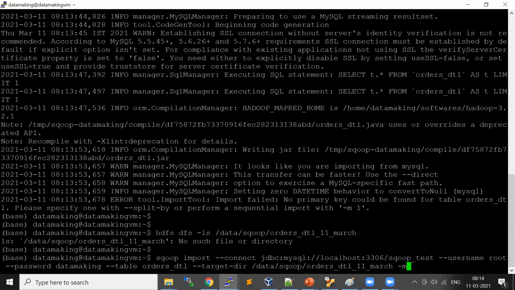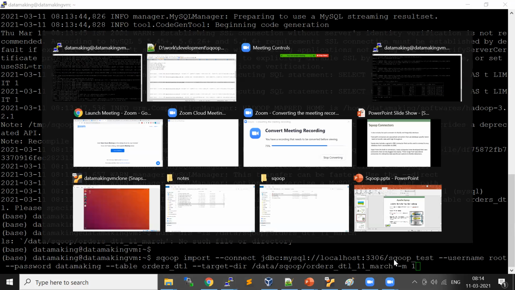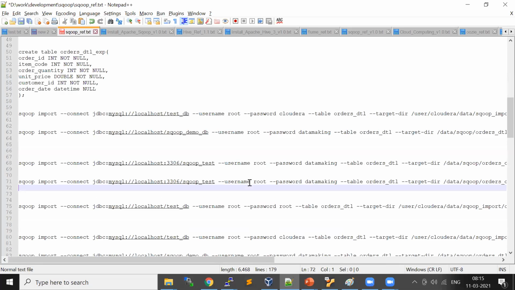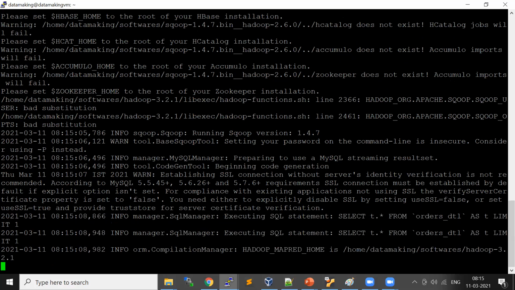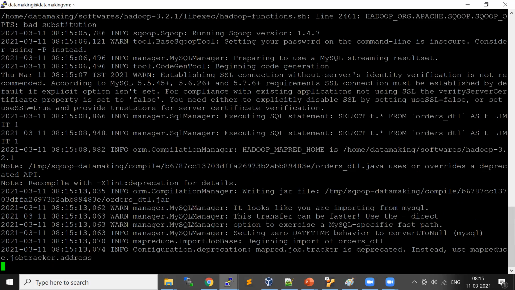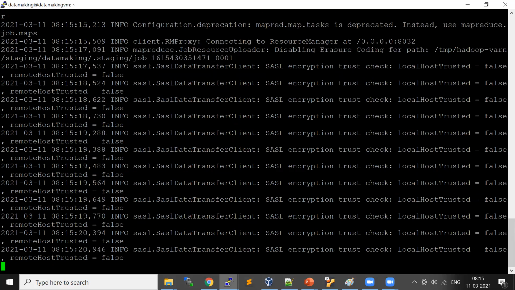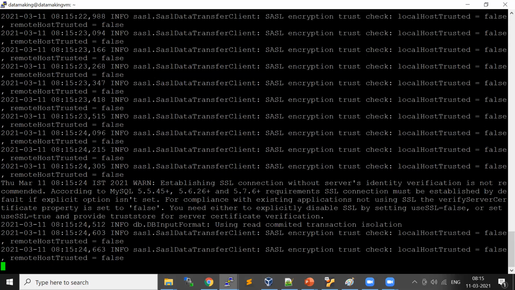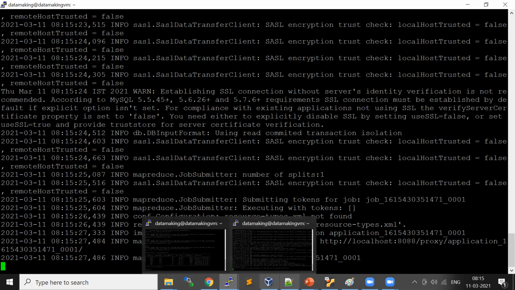So I will use -m 1, which means it's going to generate a MapReduce job with only one map task. So you can monitor here.